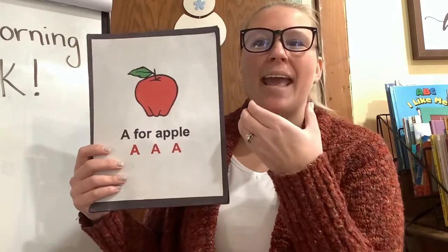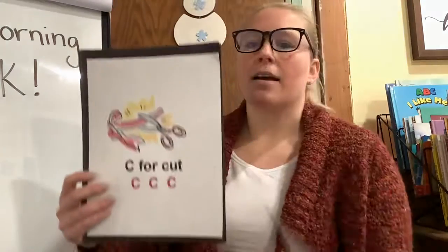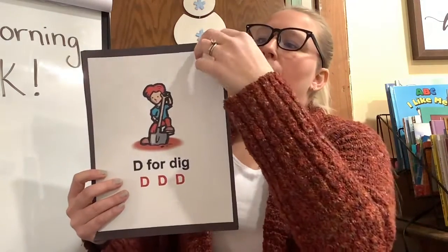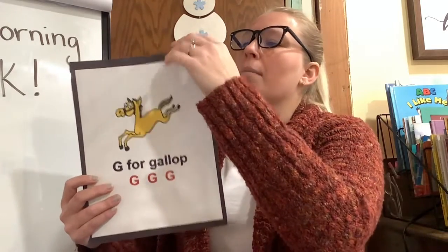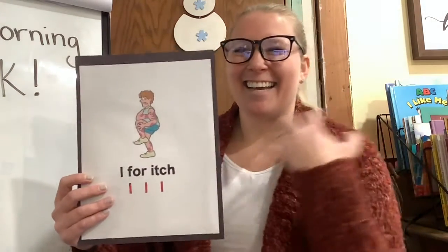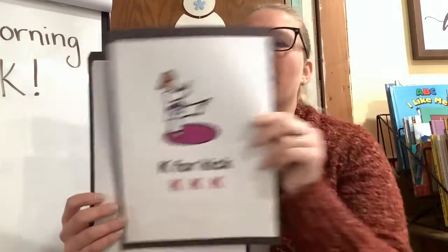Get your apples. A for apple, a. B for bounce, b. C for kite, k. D for dig, d. E for elbow, F for fan, G for gallop, g. H for hop, h. I for itch, I. J for jump, j. K for kick, k. L for love,